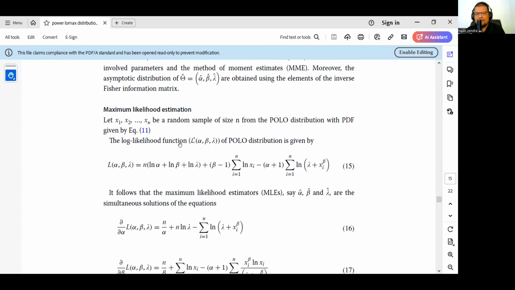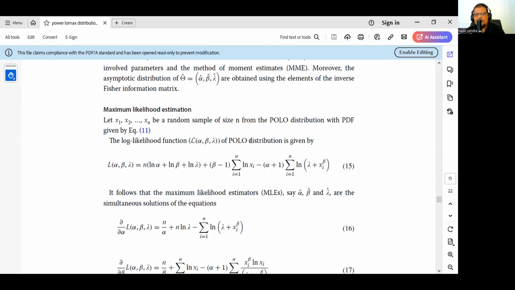So we can check the notation; I think this is a false notation. If we talk about the log likelihood, we must type log L of alpha, beta, lambda. So we must give log L of alpha, beta, lambda, and N log alpha, log beta, and alpha log lambda. So this is the right one.